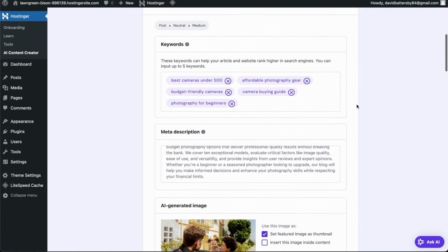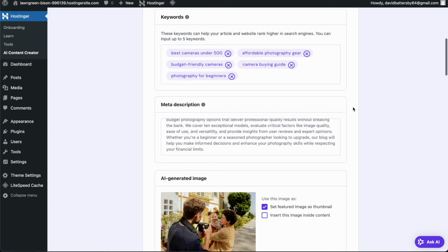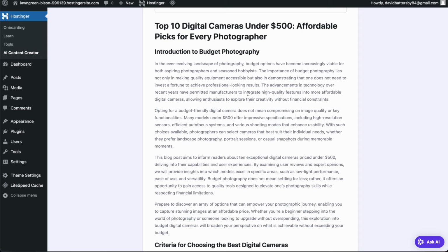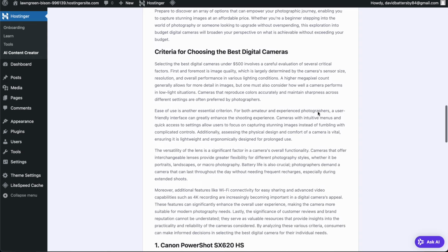So you've got this summary of the content. And if we scroll up a little bit, we can see the keywords that it's suggesting for this article, and this will help it rank higher in search. So this is the top 5 keywords. We've also got a meta description, which is nice. It's done all that for us. It's created a featured image, so using AI to create the image,